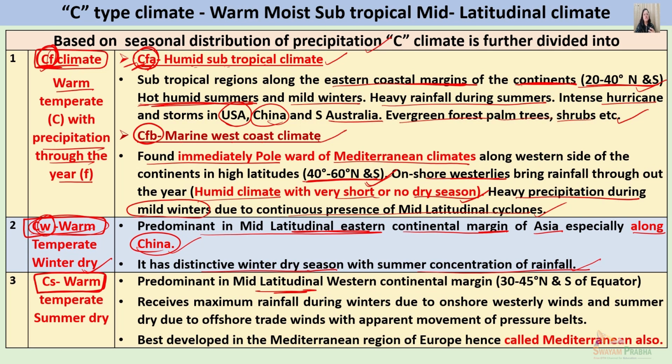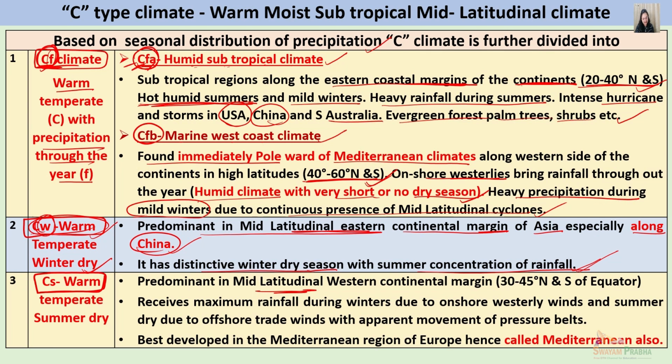So you can say that as you move from the equator towards the poles, the monsoon type of climate which you experience across India, Indonesia, across the Indian subcontinent, when you move towards the northern limits, gets modified into CW or warm temperate climate with winter dry season. So these areas also receive the summer concentration of rainfall just like the monsoon type of climate, but they are located towards much northern limits, towards the middle latitudinal areas. So they are a kind of modified version of the monsoon type of climate only.